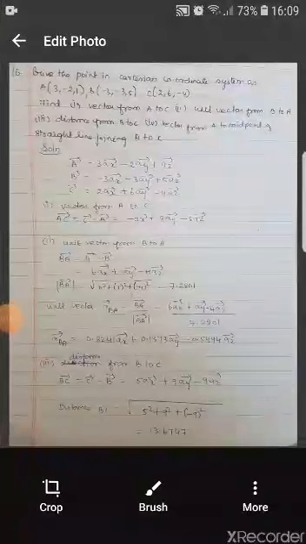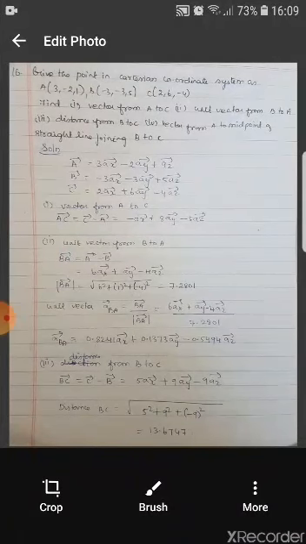In the last 5 videos we were discussing the problems of your first unit, and in this video we shall continue with the next set of problems. So first, given the points in the Cartesian coordinate system A, B and C, here you are asked to find the vector from A to C, the unit vector from B to A, the distance from B to C, and the vector from A to the midpoint of the straight line joining B to C.